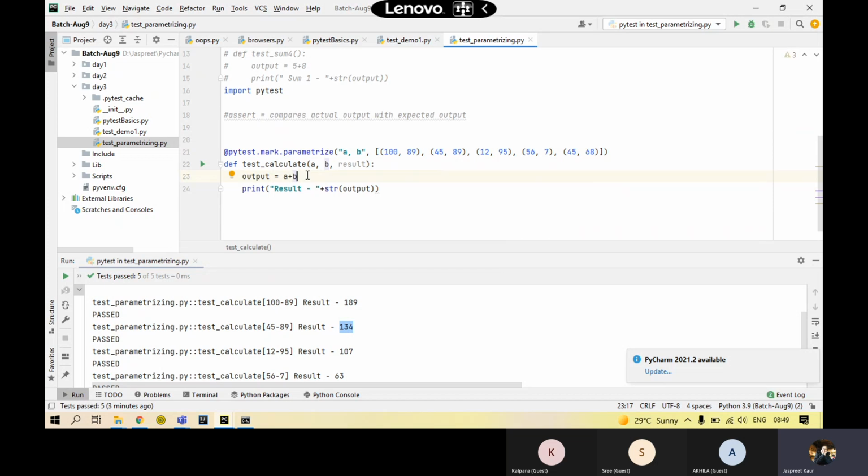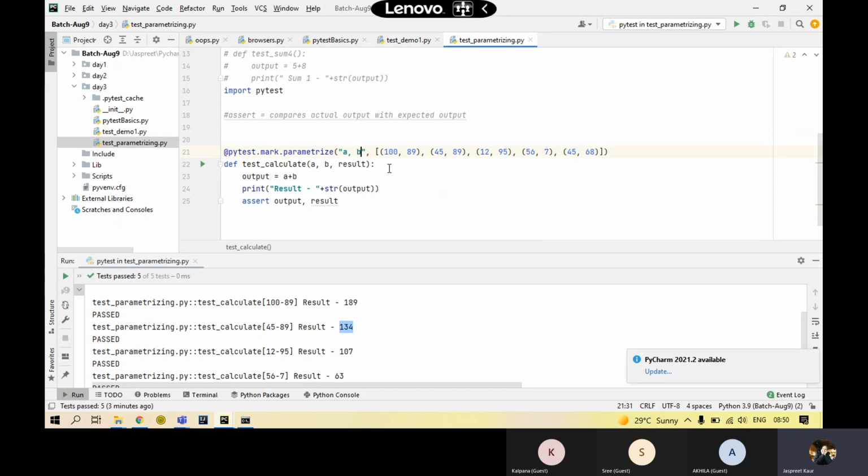And over here, I'll say assert. Just this keyword I'm going to use. Let's just use it after the print statement so that we can get the result as well. Assert output equals result. Probably, yeah, it's common. So I have to pass this result now as well to this data set.